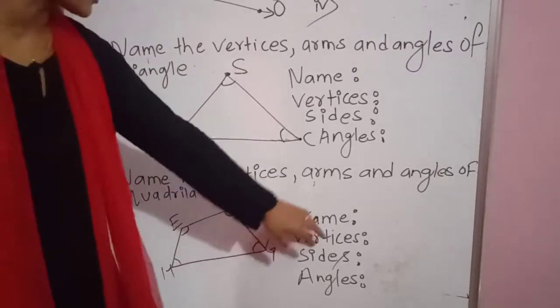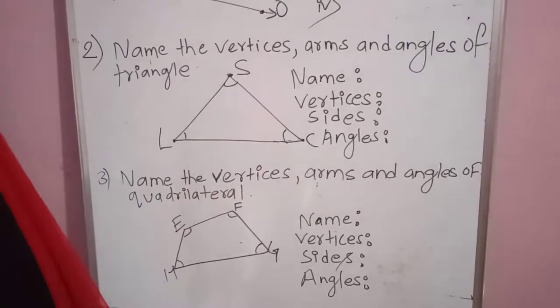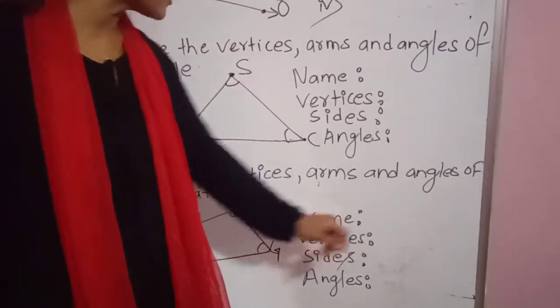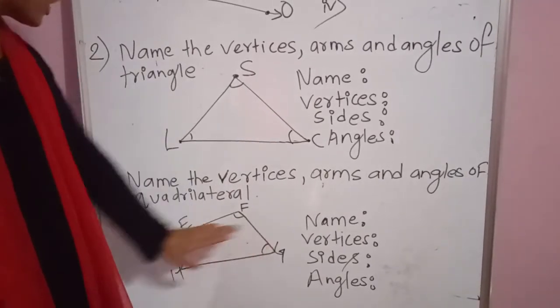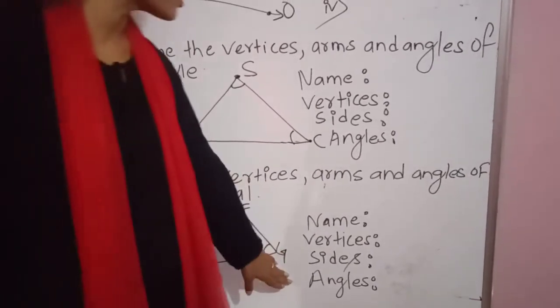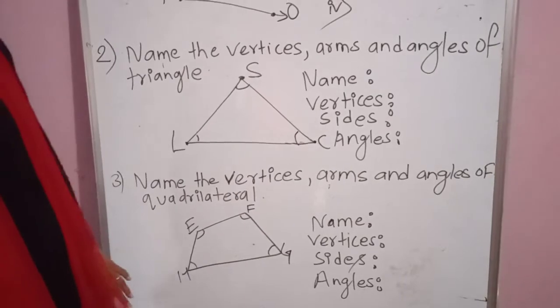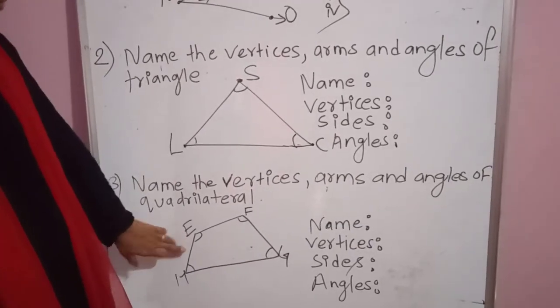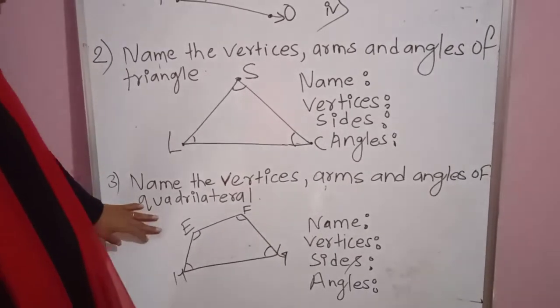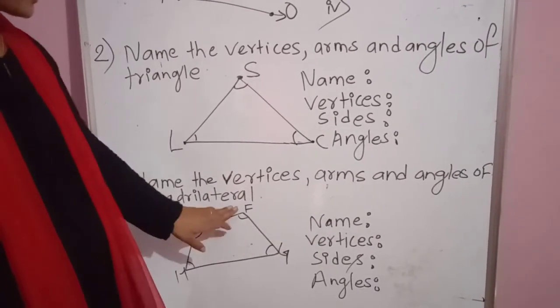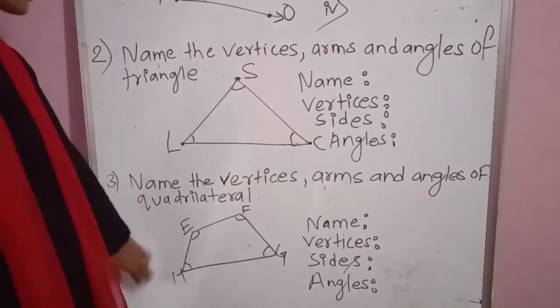Like with the sides. Sides means the lines. There are altogether 4 lines. You have to write the names of those lines in sides. So EF, FG, GH, HE. Likewise the angle names. What do you have to do? An angle is formed at a certain point which is named by a different alphabet. So you can directly write angle E, angle F, angle G and angle H.